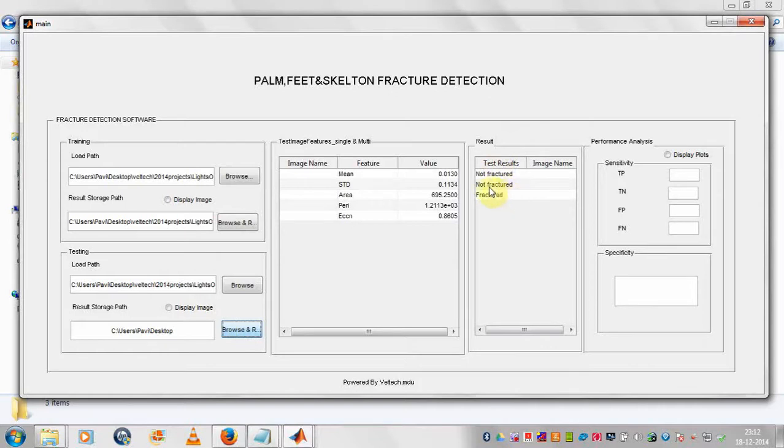The second image is not fractured, and the final image is fractured. Up to that we have implemented. Performing the analysis is the last step which we implemented in the second phase.